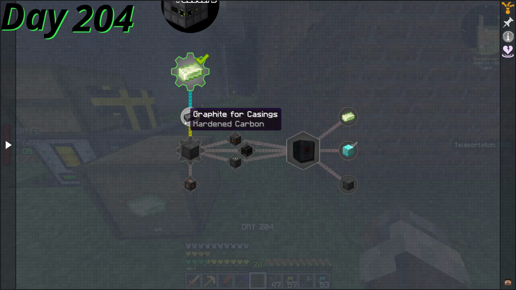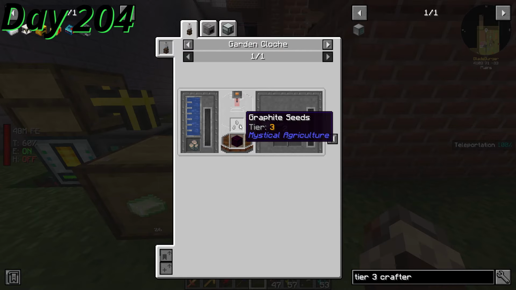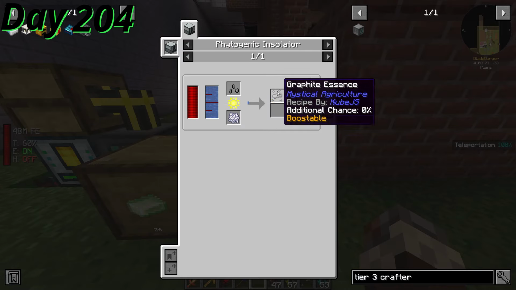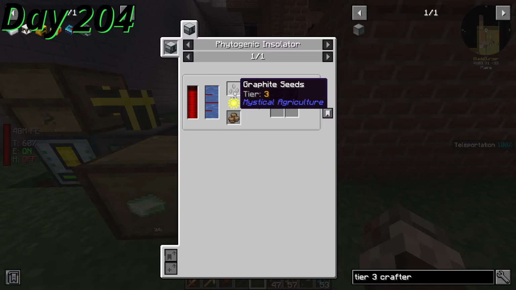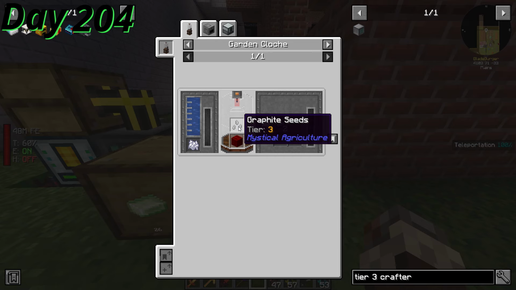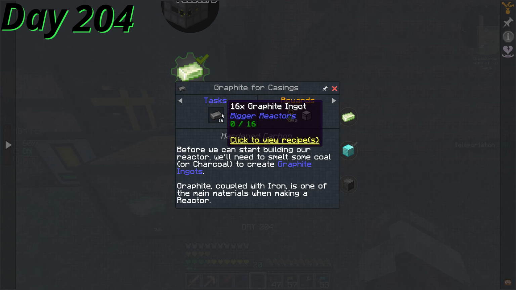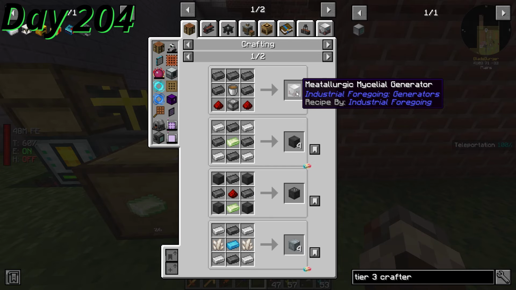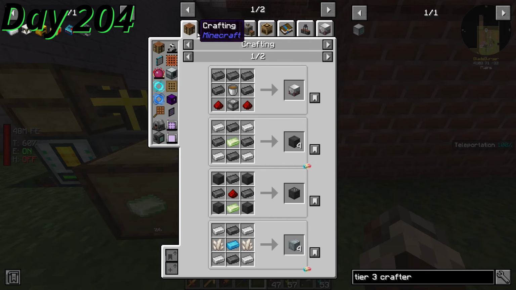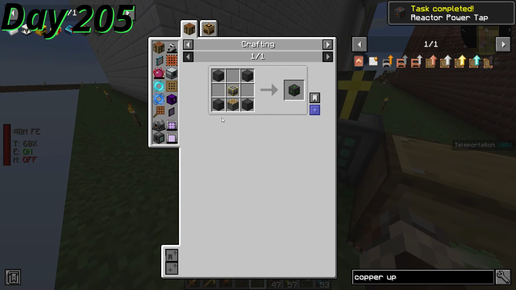To make the reactor from the Big Reactors mod, I'd need a few things. Reactor casings being the most important, as that's what the reactor itself is made of. To make them, I'd need uranium, iron, and graphite, which was made from smelting coal. There are graphite seeds, and I literally looked right at them in JEI, but I simply forgot about them. It happens. I made enough reactor casings for the quest, then in day 205 I made the rest required for